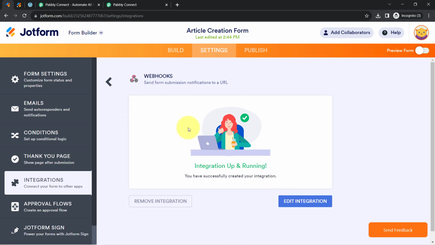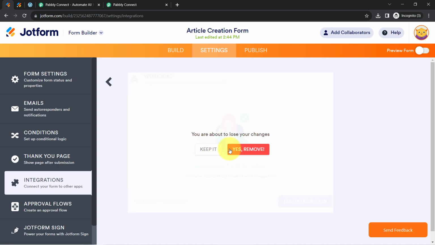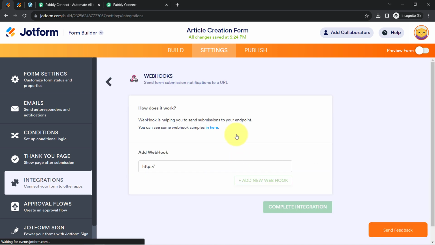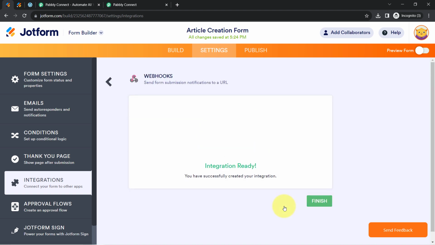Okay, well, one integration is already available with this form. So firstly I am going to remove that existing one so that I can show you everything from scratch. Okay, so in this way a field will appear here, so you will have to paste the very same Webhook URL which you have just got from Pabbly Connect. Now clicking on this complete integration button, and this is how Webhook will be saved successfully, and it is saying